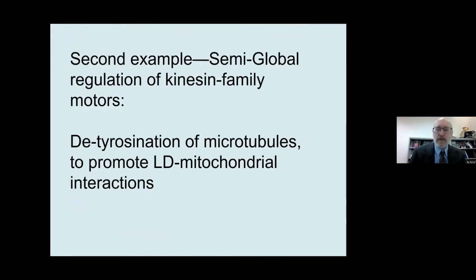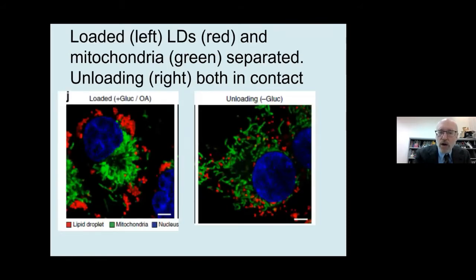And now let me talk about our second one, which will be very short. And that's, again, a sort of semi-global regulation of kinesin family motors. And it comes about via detyrosination of microtubules to promote lipid droplet mitochondrial interactions. So when you are in a cell and you have lipid droplets and you have glucose,